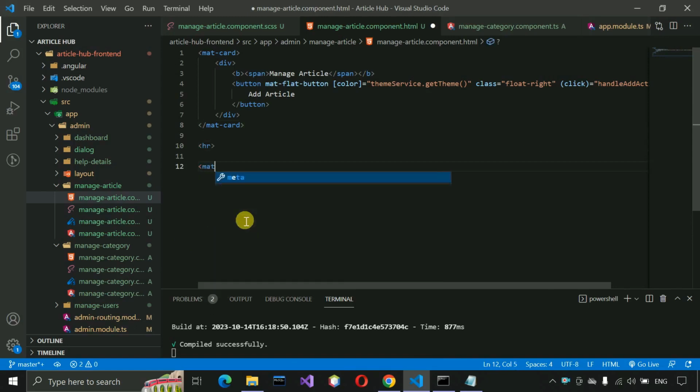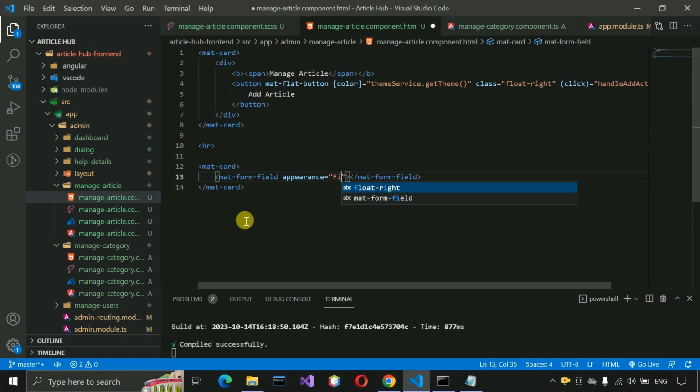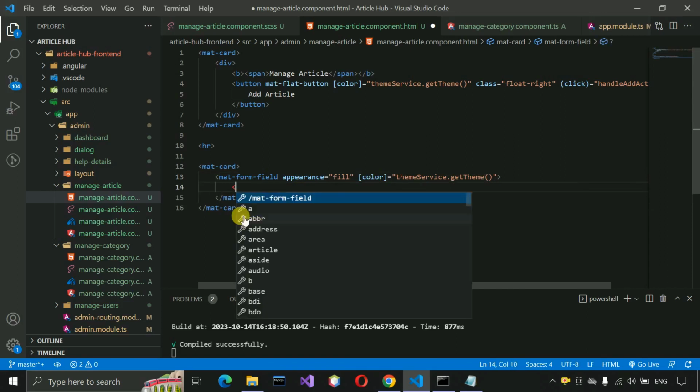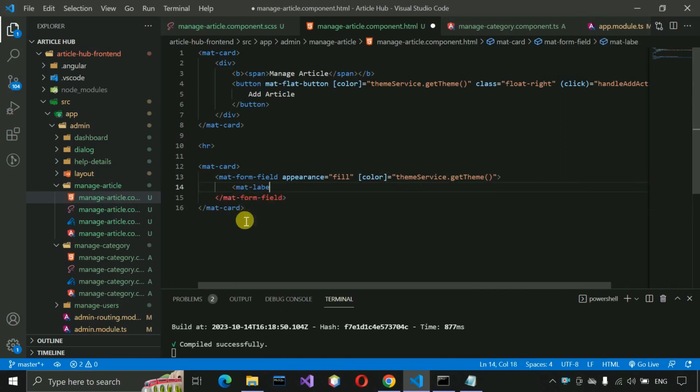and mat card, and here mat form field, and appearance will be fill, and the color will be themeServices.getTheme, and inside this one mat label and filter and input